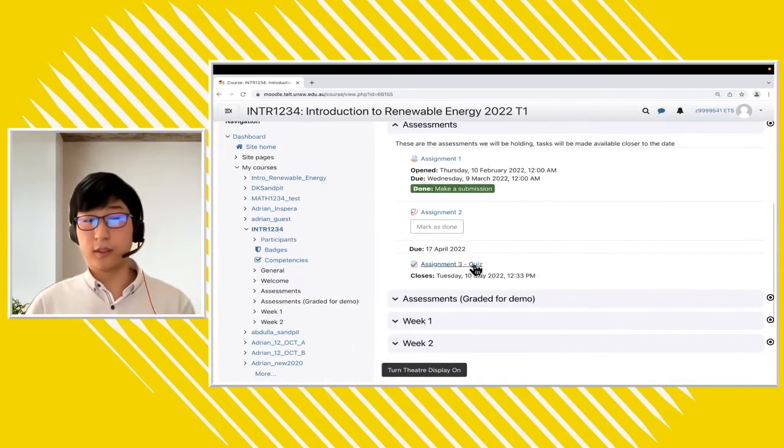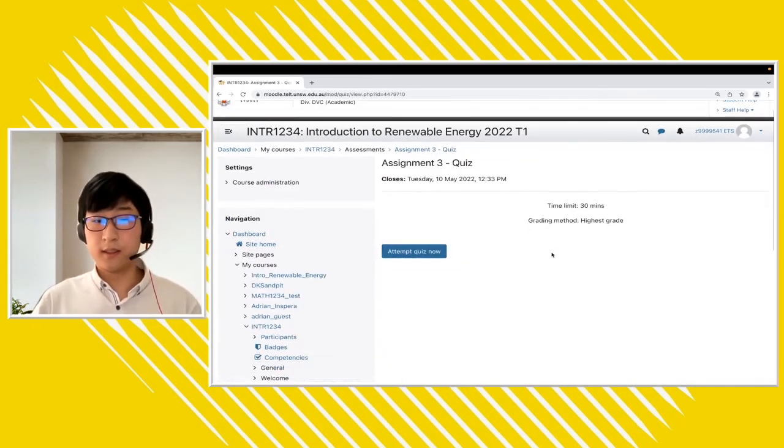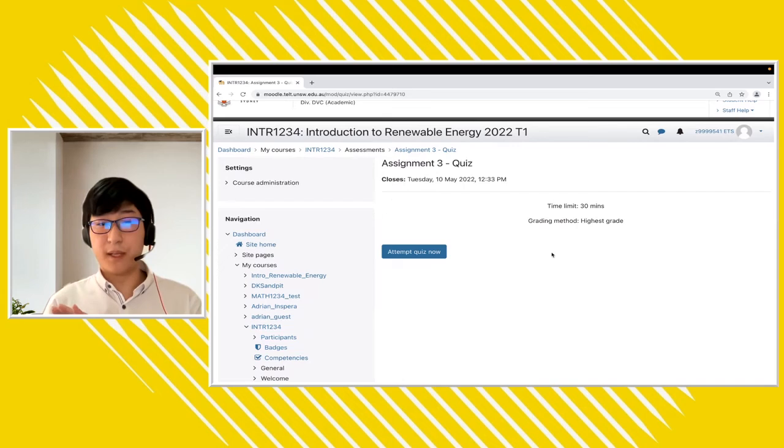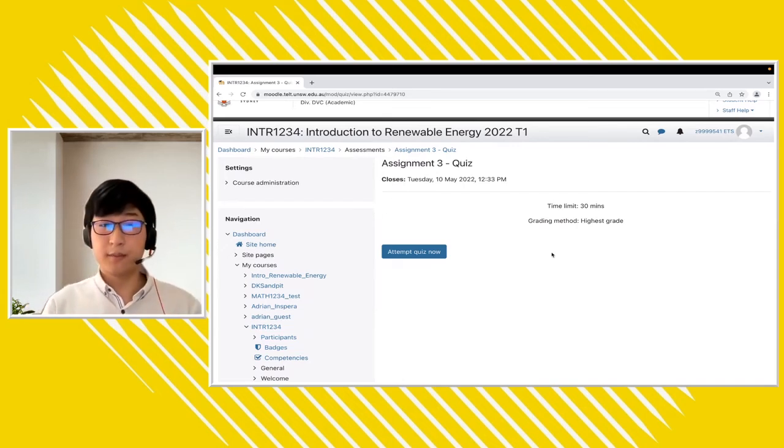Finally, I did want to quickly just show off this quiz as well. So why don't we click on this? Quizzes might not be as common as the other submission types depending on your faculty, but the general idea behind a quiz is just that you'll see the quiz information as usual over here, and you can click the attempt quiz button to start doing the quiz.